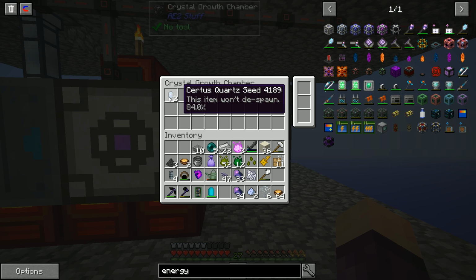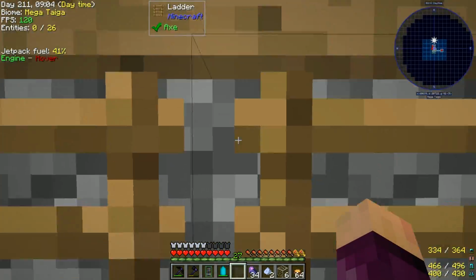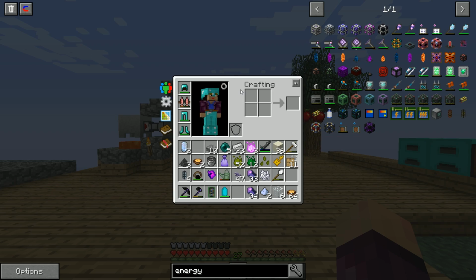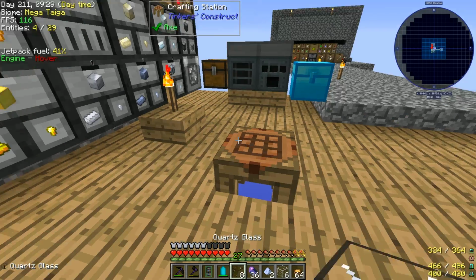It's almost at 100%. If you were to try and do this without any crystal growth accelerators at all, if you just threw it into some water and waited for it to grow, it would take multiple hours, I think like 3 or 4 hours, to actually turn from a seed into a pure Certus Quartz crystal. If you put it into the crystal growth chamber like that, it takes mere seconds. I love it. And so now all we have to do is make up for the mistakes that we made